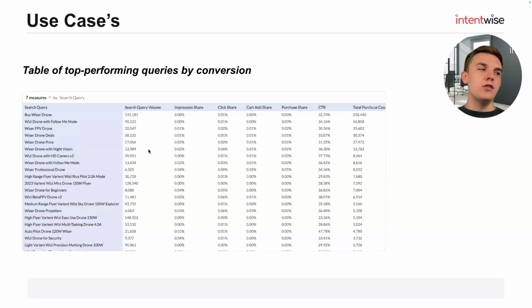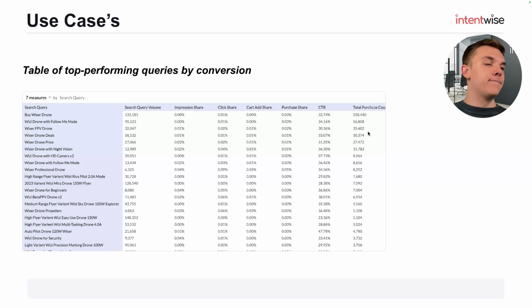So thinking through some different use cases here, this is an example of top performing queries by conversion. I looked at our data set and sorted by the total number of purchases we're getting at a search term level. This is just a sample data set, so some of the data would probably not look like what you would actually see. We're probably not going to see a 0% impression share on a bunch of terms that we're getting 250,000 purchases on. But as an example, I could see here, all right, if this was truly my data set,